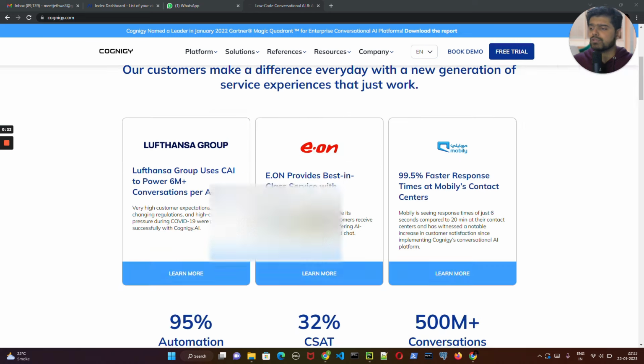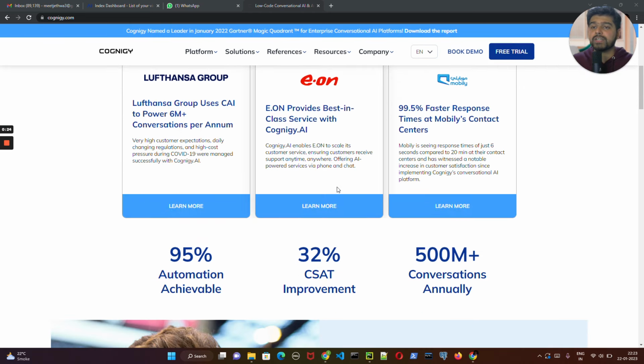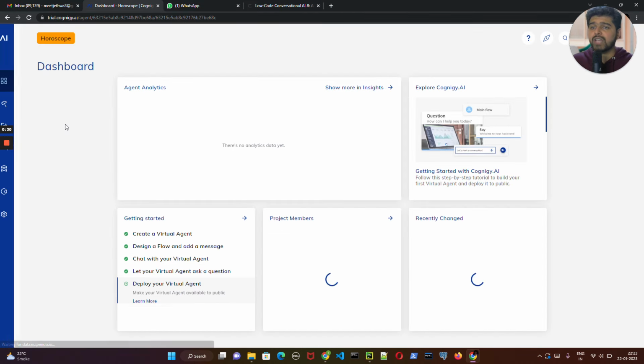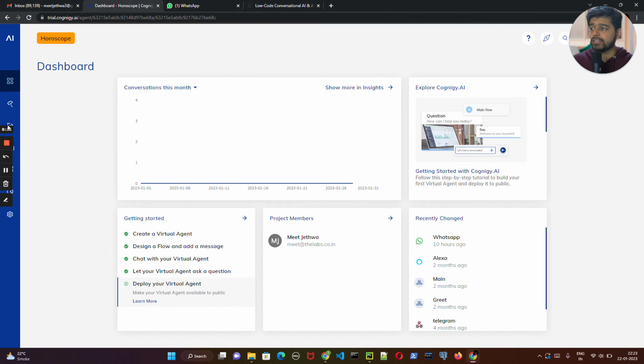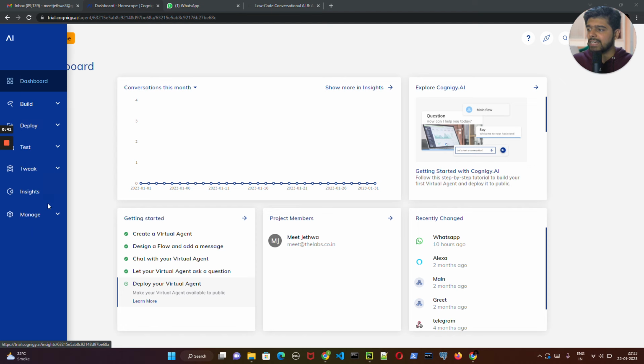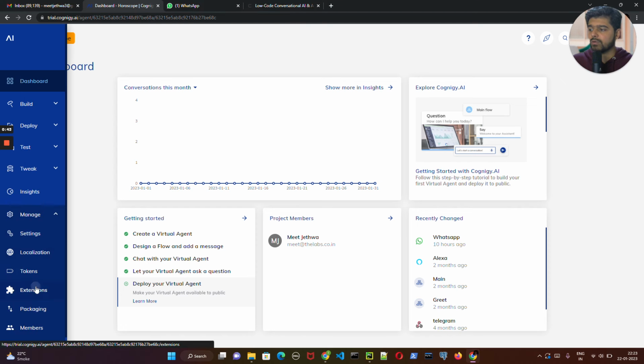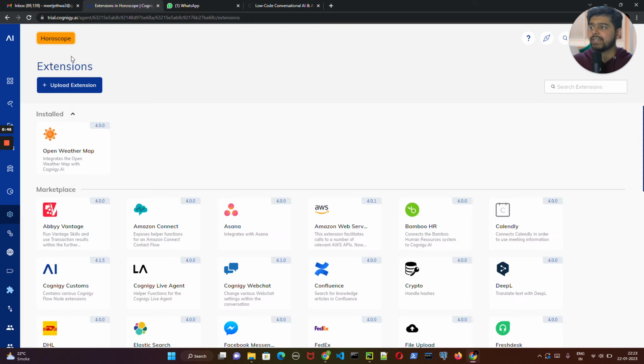It can be used to develop n number of chatbots with different levels of integrations, and it has n number of extensions which you can use, which are handy. If I can show it to you, here are some extensions. If you can see here in the dashboard section, you can go to extensions. So basically to walk you through